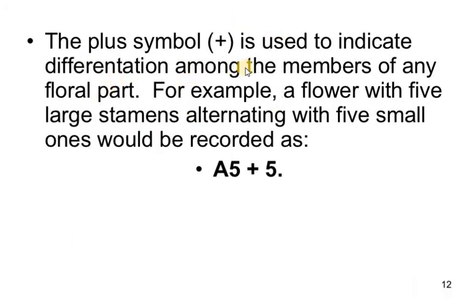Now, think about the parts which are dissimilar. For example, you are having 5 petals in a flower, of which 2 petals are larger. So you can write corolla C 3 plus 2. 3 similar and 2 similar. Like this, if there is an androecium having 10 stamens, 5 are larger and 5 are smaller, you can represent it as 5 plus 5. It means androecium is 10, but they are not similar, they are of 2 types.